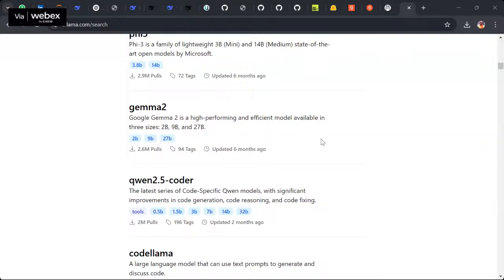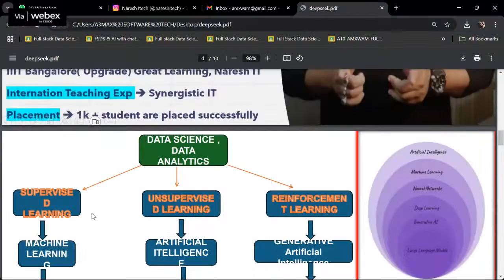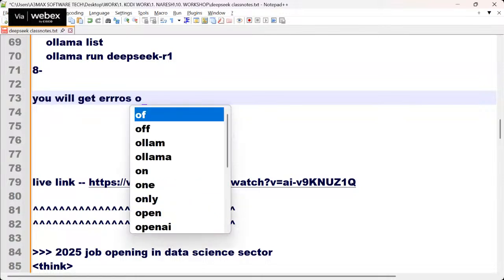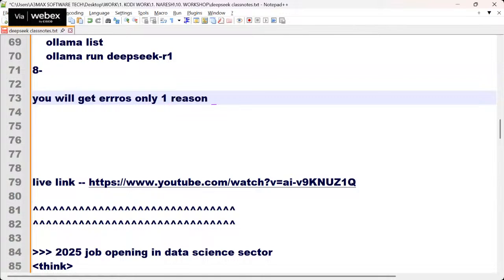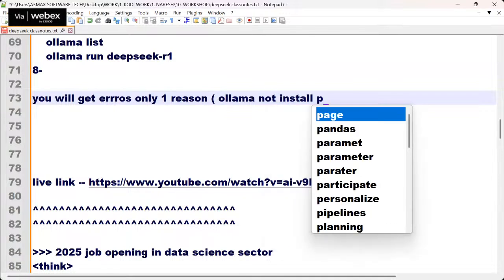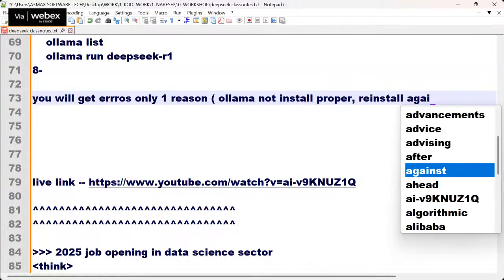It will work. See guys, you get errors for only one reason. Let me tell you, the projects which I'm telling, you will get errors only for one reason: Ollama is not installed properly. So please reinstall again and delete it from the control panel.